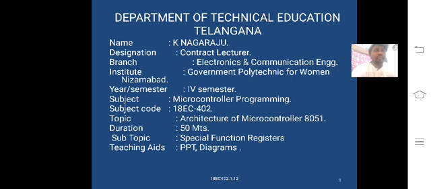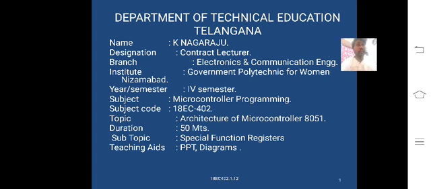In microcontroller programming, the main topic of the first chapter is the architecture of microcontroller 8051. Today's topic is the special function registers. In the memory organization,